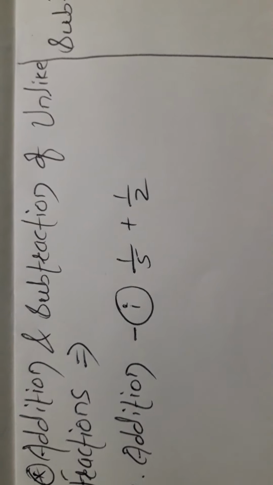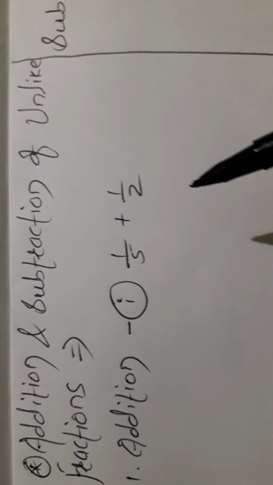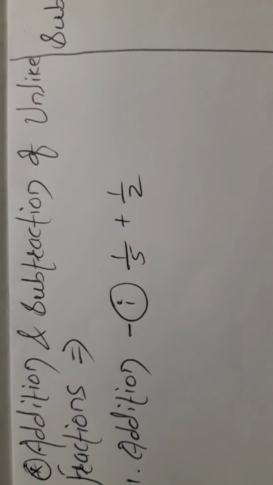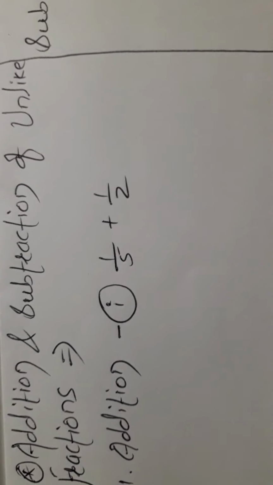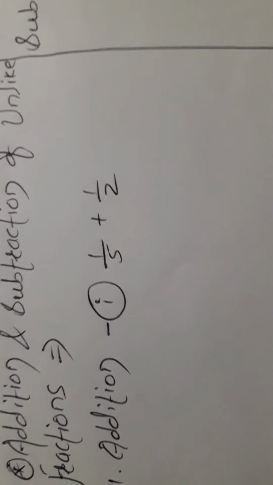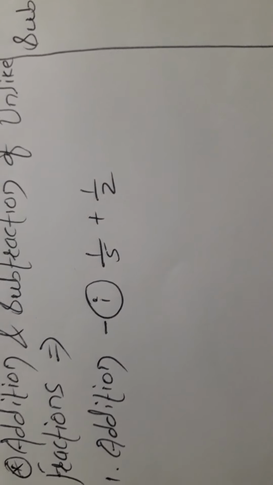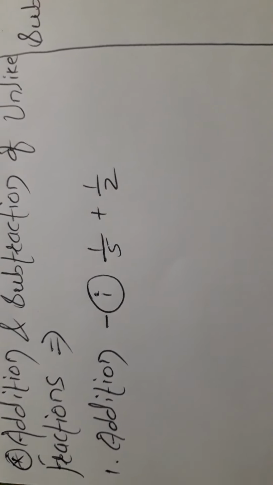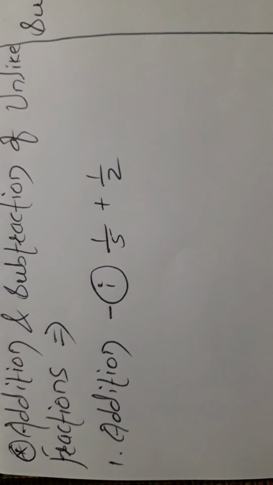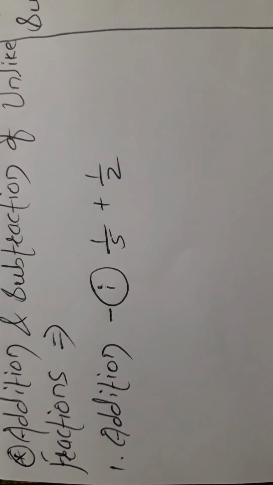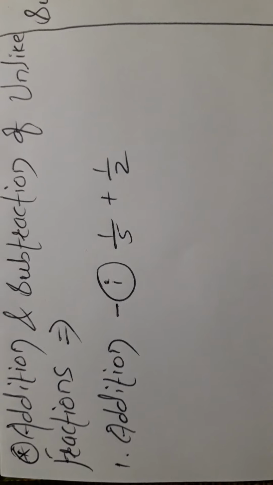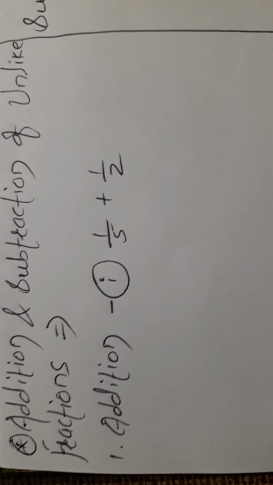Here you have two options, meaning there are two methods. In your textbook only one method is told. Here I am going to tell you two methods. Whichever method you feel is simple, you can use. Both methods you can try when the fractions are small. The first is cross multiplication, and the second is to find the LCM of the denominators of the given fractions, and after finding the LCM, we can add or subtract.